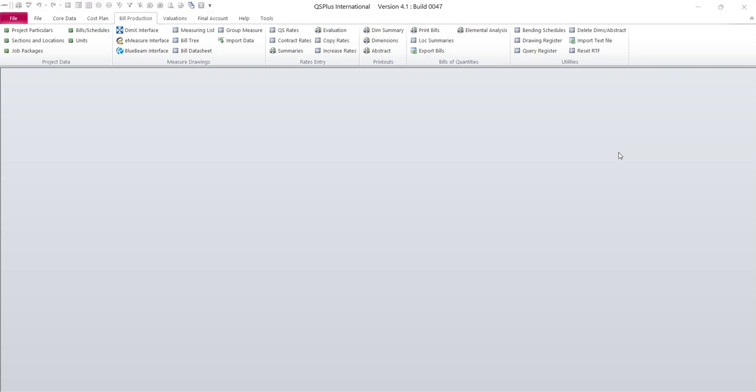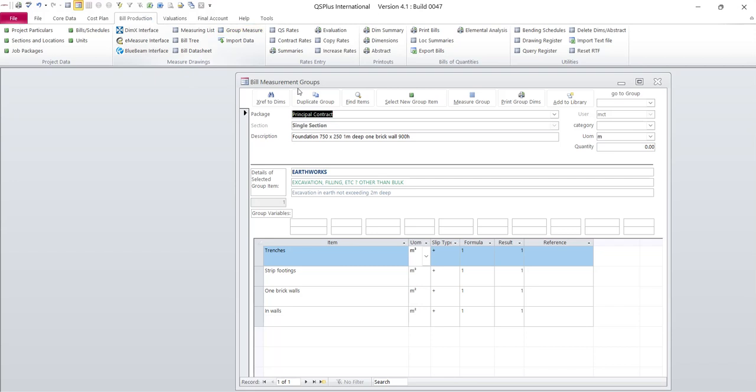We're now going to show you in this video how to use the group measure function in QSPlus. It's on the bill production tab of the ribbon and in the measure drawings group, and we click OK. So we have one there, so we're going to create a new one by pressing the new blank record,